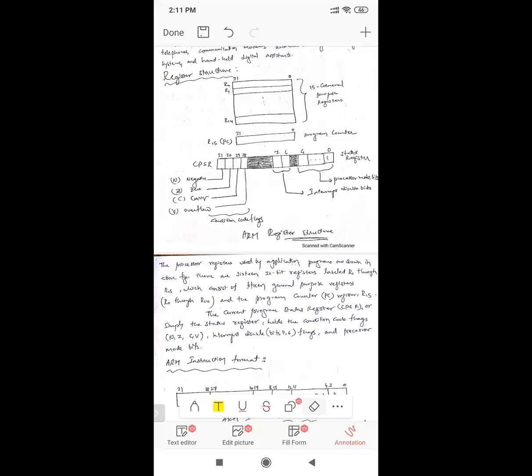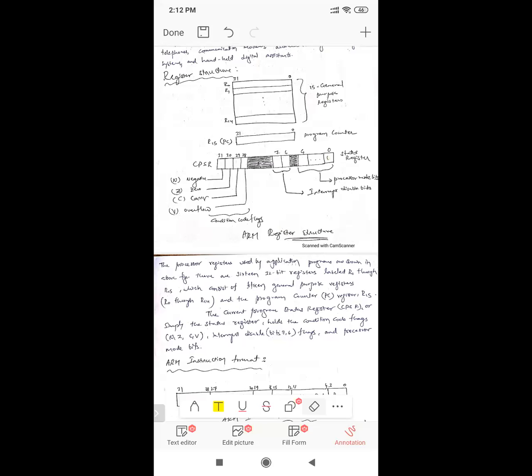And CPSR, the current program status register, is the status register of the currently executed program. The status register related to the program the processor is presently executing is CPSR. In this one, we have to use only the last 4 bits and the first 8 bits, and the remaining bits are not needed. Presently we have to study only the last 4 bits and first 8 bits. The remaining bits we don't bother.